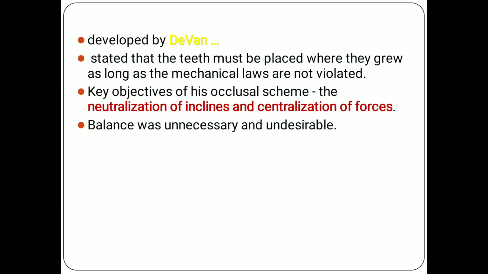I have discussed all the basics of the occlusion, compensating curves in detail, and balanced occlusion. What is balanced occlusion? What is the purpose? And what are the advantages? And a little bit about monoplane occlusion, lingualized occlusion, and neutrocentric occlusion. During this e-learning session, there is some inconvenience. So in the middle of this video, there are some disturbances. So please mind it, and you can observe all the remaining part very well, read well.